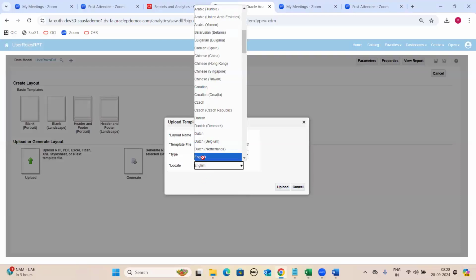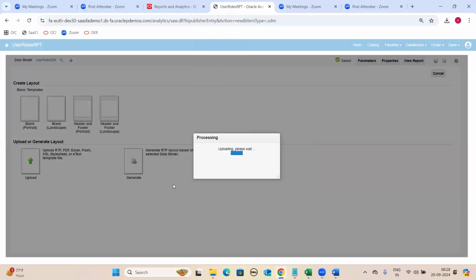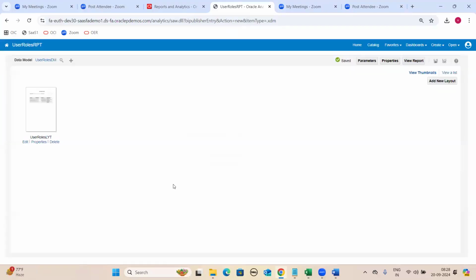Click on upload. So after you upload the RTF template, click on the save button. Click on the save icon. Then after that you can view the